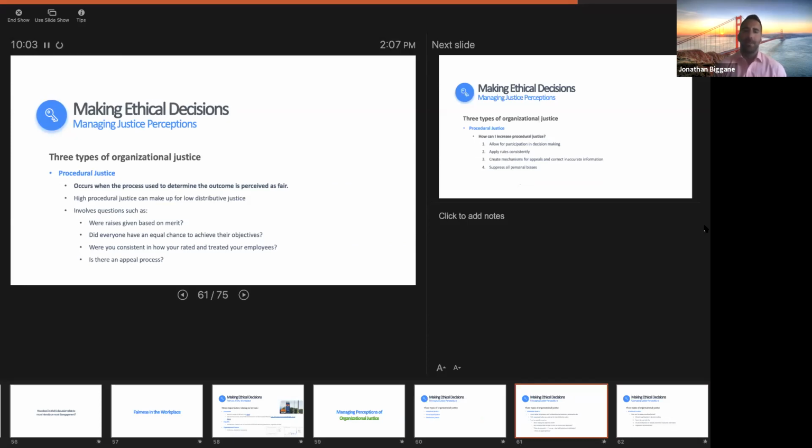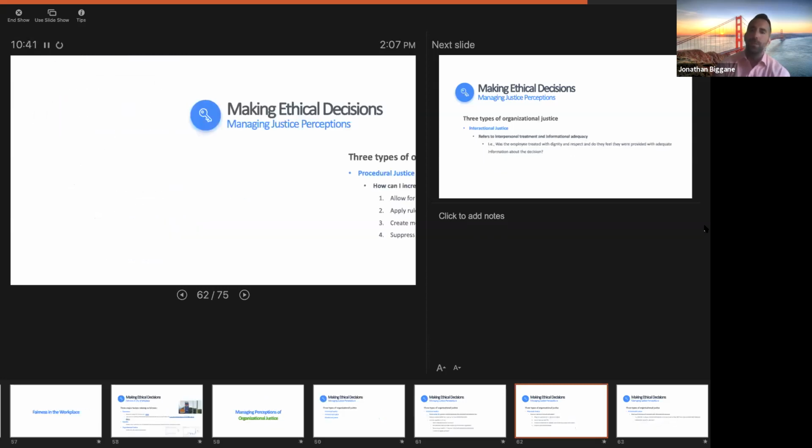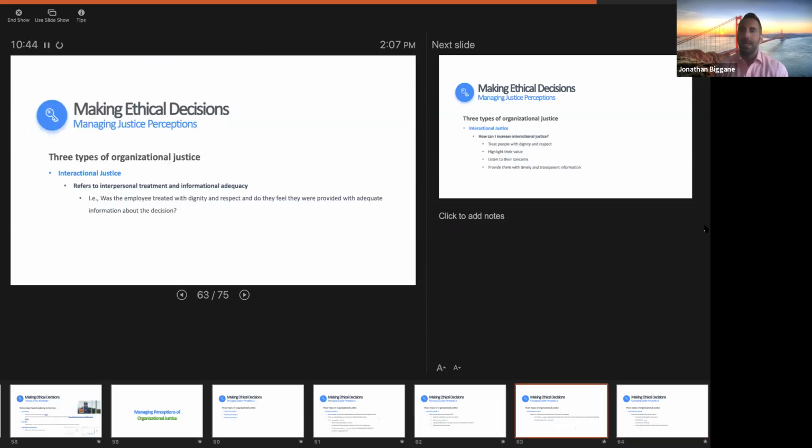So for example, if I'm making a decision about whether to promote someone or to give someone a bonus, let's say, I might say, okay, this is the process that I use: if you hit these sales numbers, you get this bonus. And so that's transparent. It's something that everyone can understand. But let's say I am making a decision about who to promote, and I want to promote my best friend. And so I don't tell you the process that I used to make this decision. So I'm not transparent about it. And ultimately, that inconsistency in treatment leads to low procedural fairness. So procedural fairness just has to do with the process that I use to make the decision: does that appear to be fair?